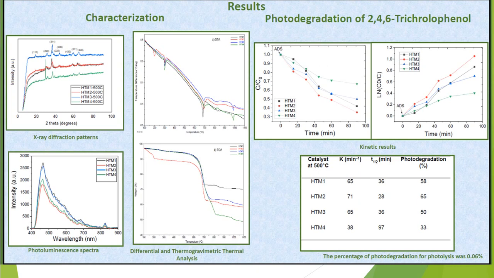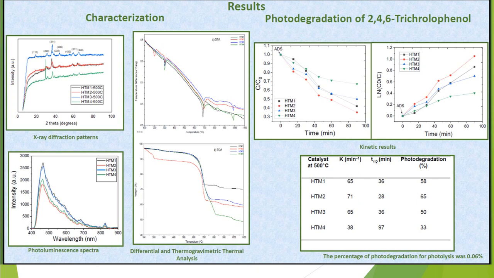The sample labeled as HTM1 showed the highest intensity of photoluminescence compared to the rest of the materials, around 465 nanometers, when it's excited at 294 nanometers. This behavior indicates a high rate of recombination of the